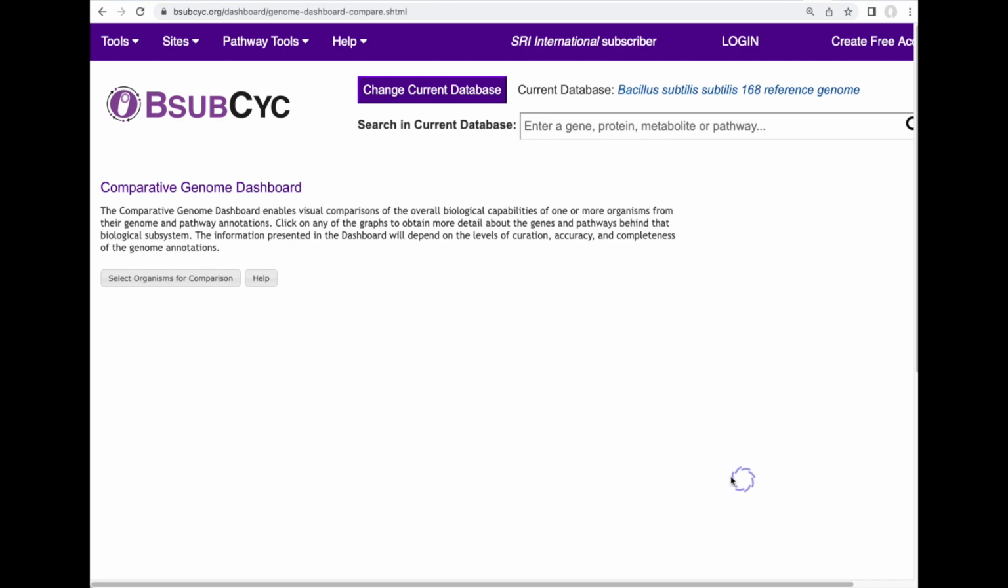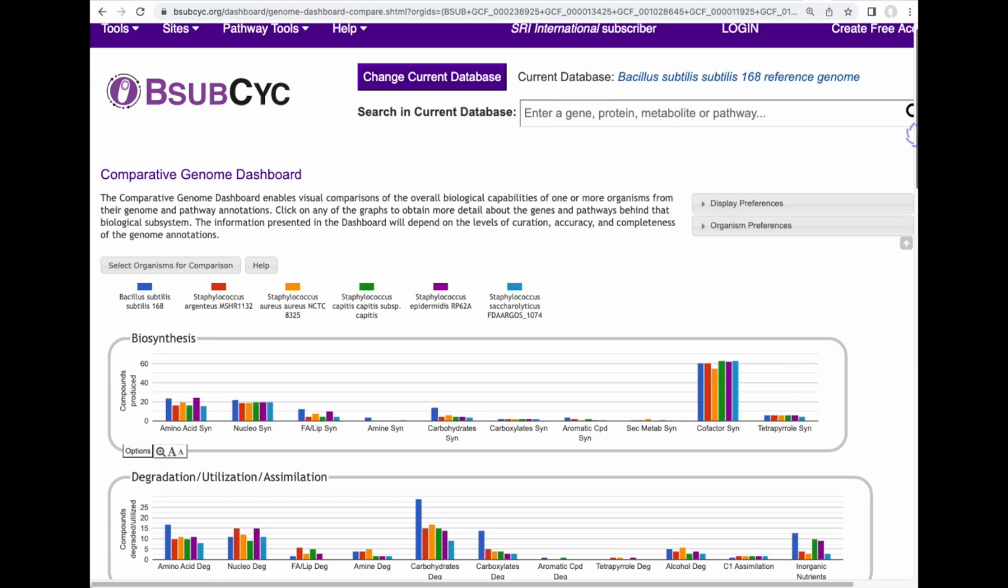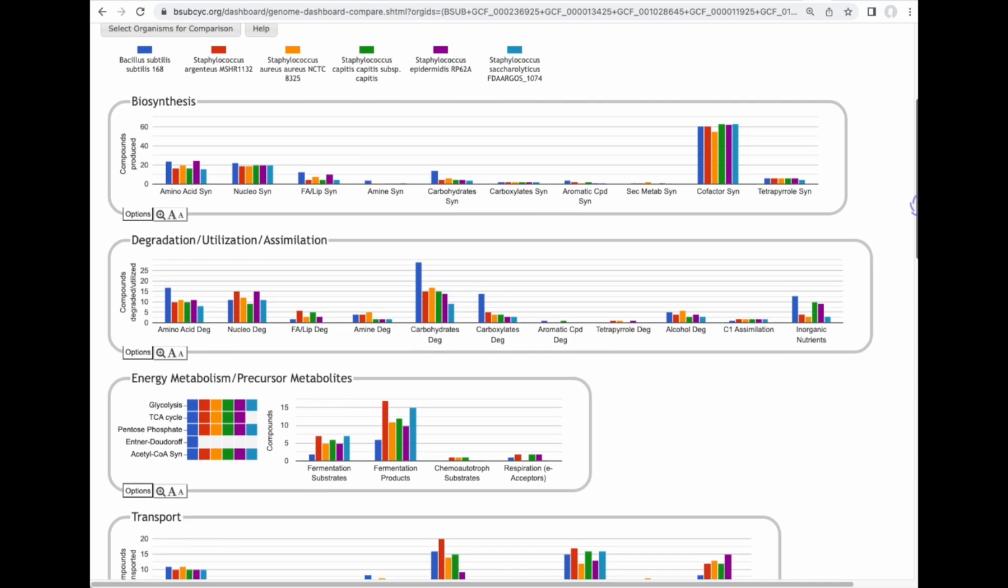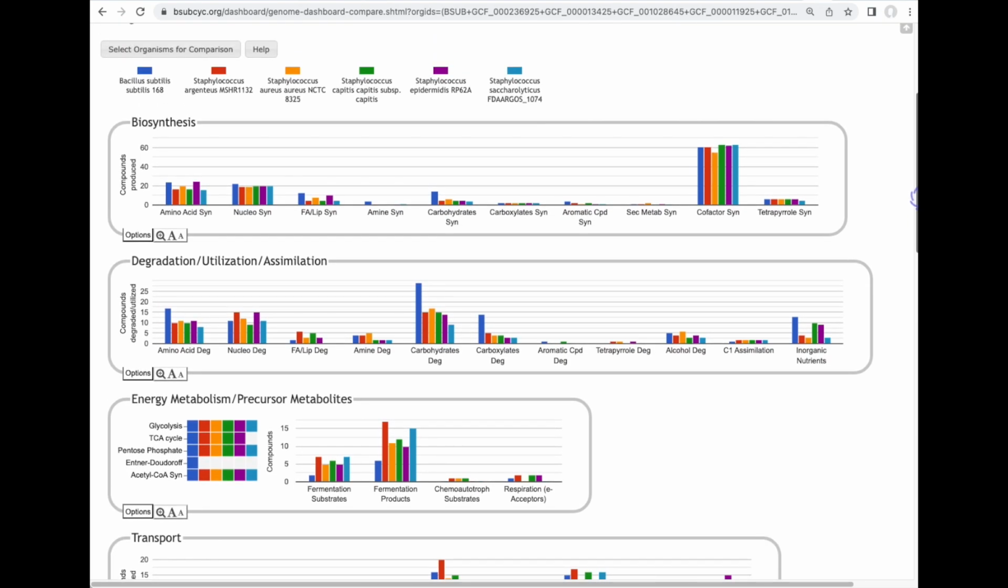BioCyc has multiple comparative tools. This tool, called the Comparative Genome Dashboard, lets us compare a number of genomes from a functional point of view. Like the Genome Dashboard, this diagram is divided up into multiple different panels, but here we're actually comparing the functional complements of these different organisms shown at the top here. For example, we're showing